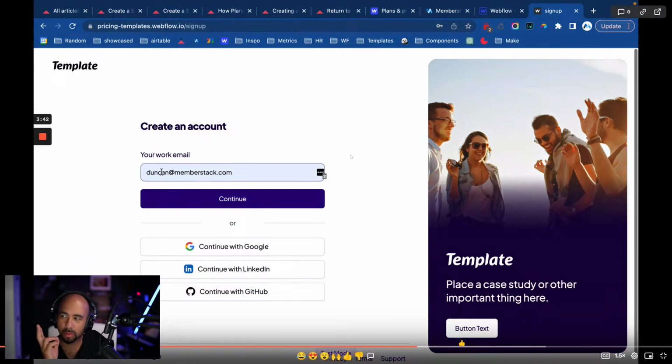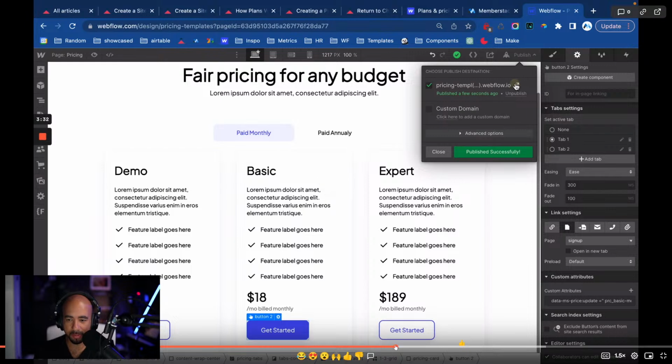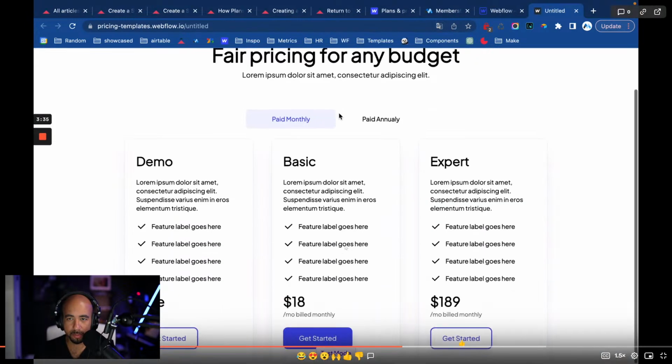So when he clicks on his get started, it goes to the sign up page, but mine didn't. Mine takes you straight to the Stripe page, which is not what I want. So why does that happen for him? I wonder if I could have a look at